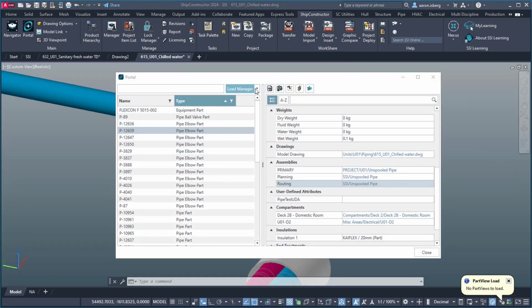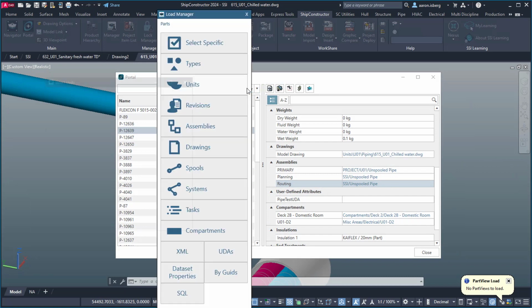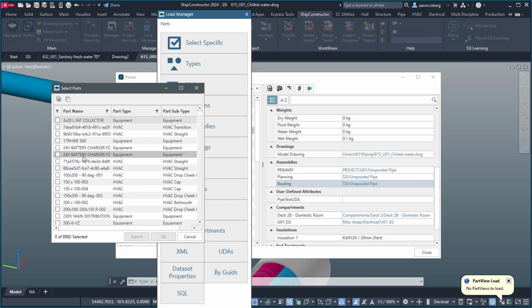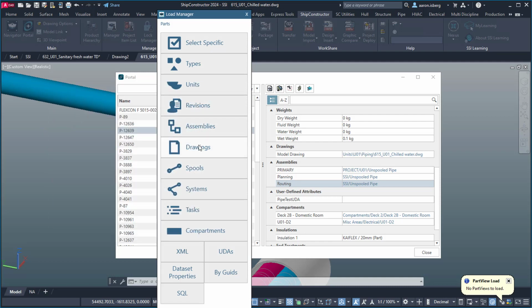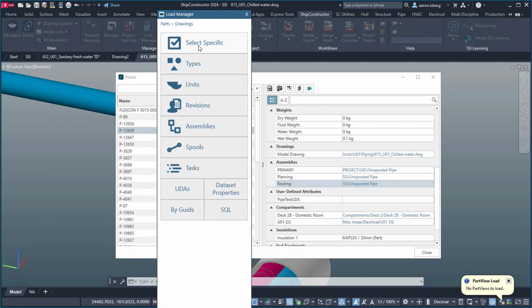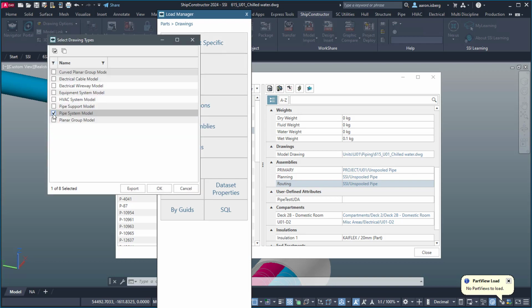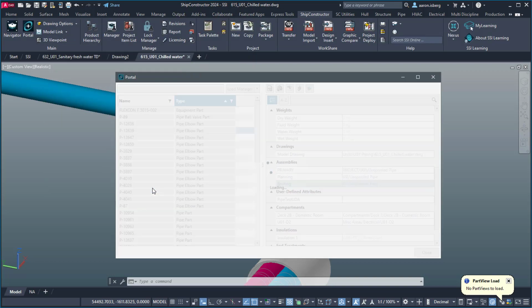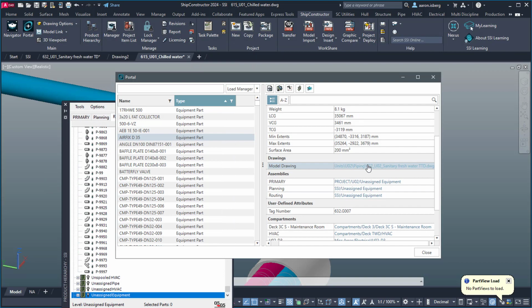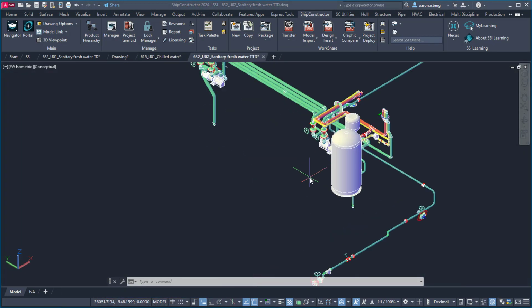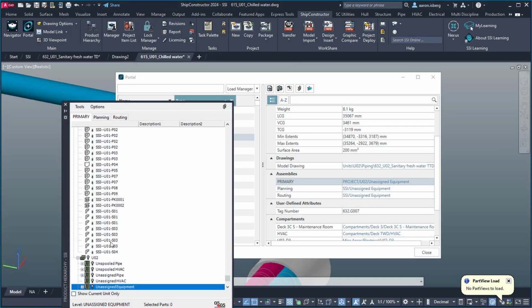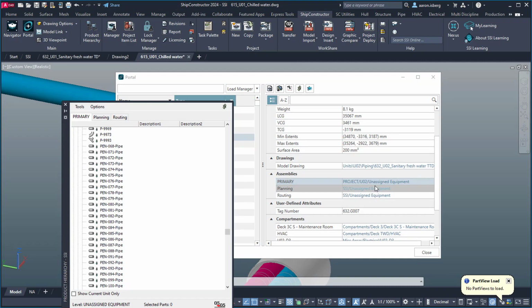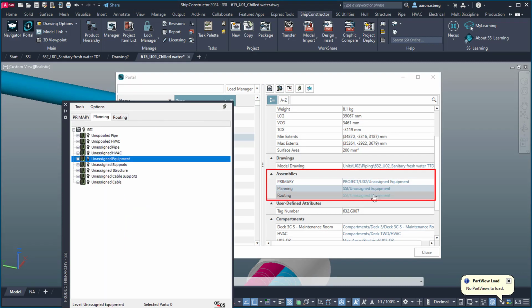Portal, first released with ShipConstructor 2024, now provides enhanced features that allow users to more efficiently view and explore every aspect of the project. The Portal interface now allows users to use the Load Manager to refine their searches, view all parts within a model drawing, open parts within drawings directly for both primary, secondary, or additional hierarchies,